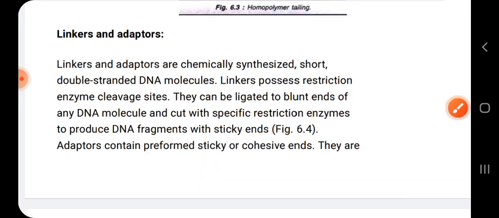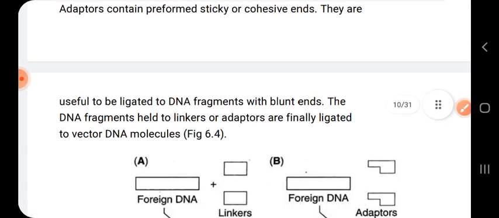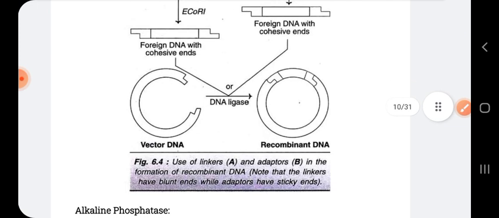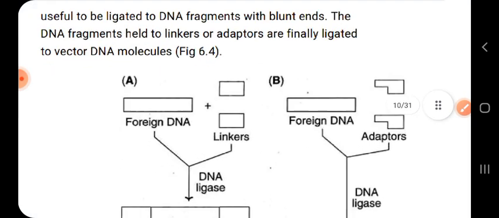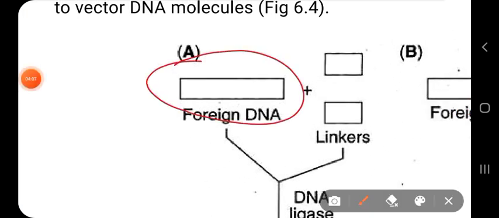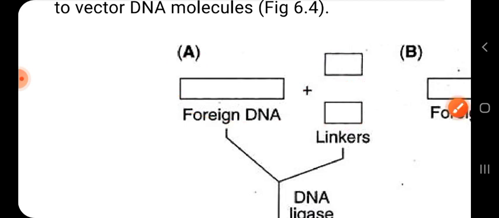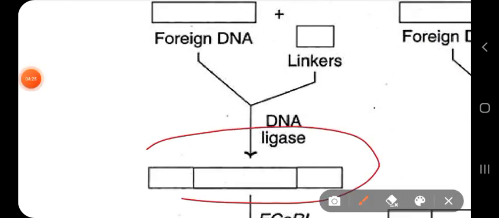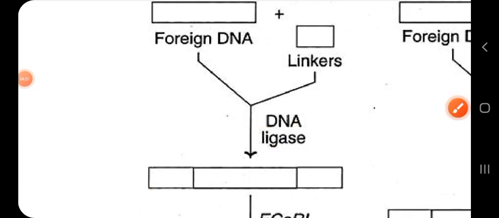So simple thing, if I show you the diagram, you can imagine. You can see two linkers are used. This is the foreign DNA, and in that foreign DNA it has produced the blunt end. No protruding or sticky ends have been produced. So we add linkers. Within the linkers there are restriction sites. We join the linkers with that foreign DNA with the help of DNA ligase enzyme, and then